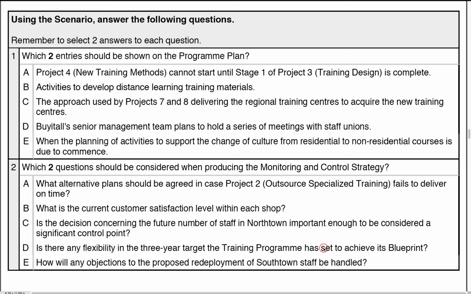Just check though on the last one, as much as we picked 2 already. How will any objections to the proposed redeployment be handled? Well, this is looking at stakeholder engagement, and therefore that would be described in the strategy for that particular section, and how to understand and how to deal with any objections from the staff and from other stakeholders in the program. So we get into town halls or cafe meetings or workshops, whatever it needs to be to address that, depending on, of course, the numbers and the resistance we have. So the answers there are C and D.